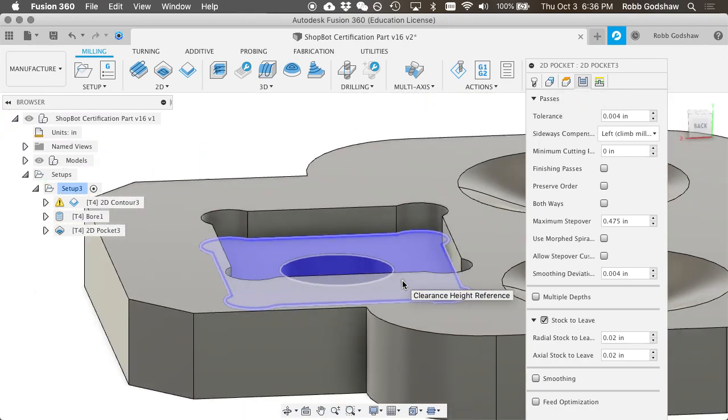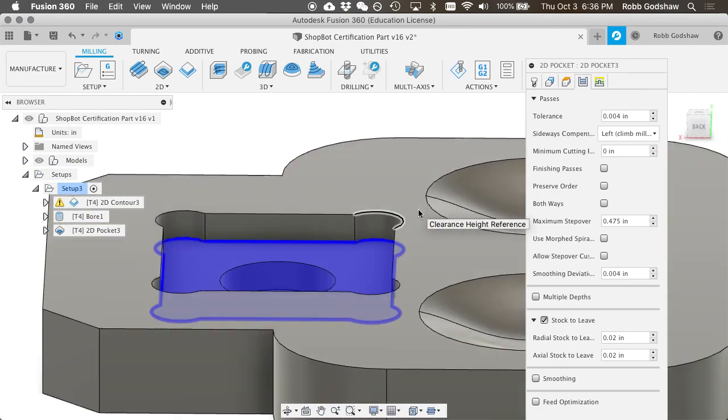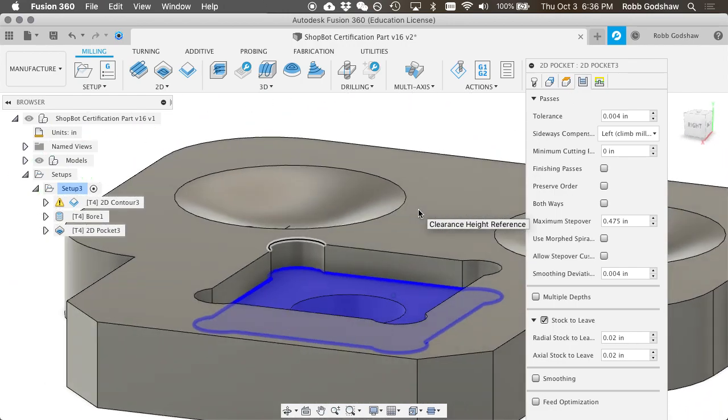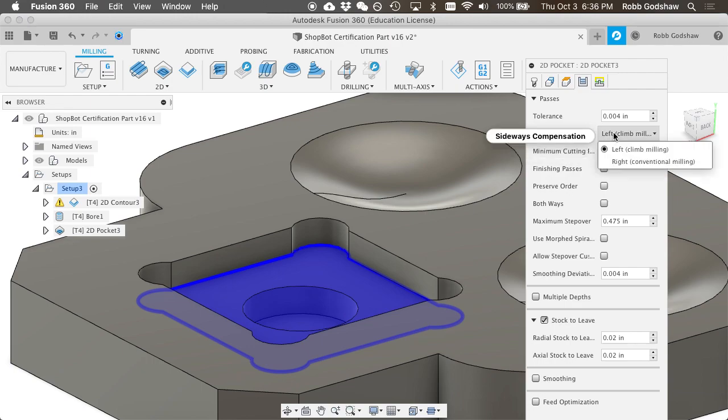There are two problems in the passes tab. Anybody know what they are? Do you adjust the... that one? Yes, great guess. We're doing all conventional today because I think it's better for plywood. And the other issue,